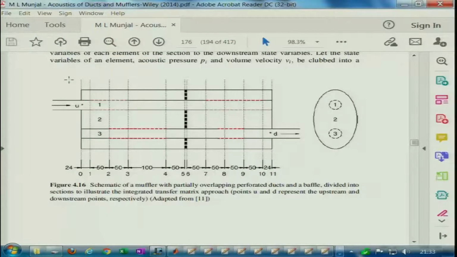So, another such configuration is this one, which is more like an expansion chamber with one baffle, and this is even simpler to analyze than the one we presented before. And here also with flow a lot of interesting things can happen. It can straight away lift the transmission loss curve, but this configuration also needs us to analyze the flow distribution in such complicated mufflers or commercial mufflers.